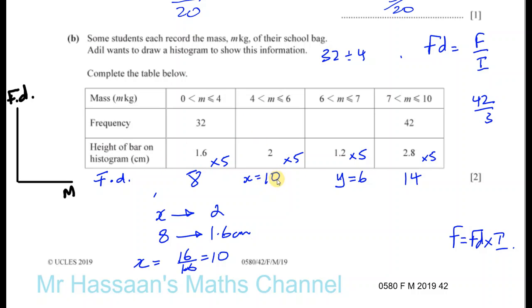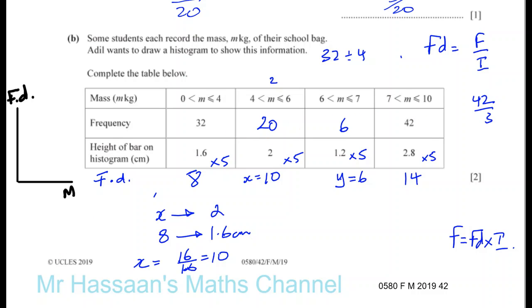See, frequency density is frequency over interval, so frequency is frequency density times interval. So it's 10 times 2, the width of the bar here is 2. 10 times 2 is 20, and here you've got 6 times 1 is 6. And there we have our frequencies filled in. So we completed the table, and now we move on to question 7